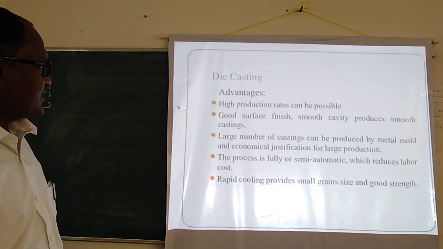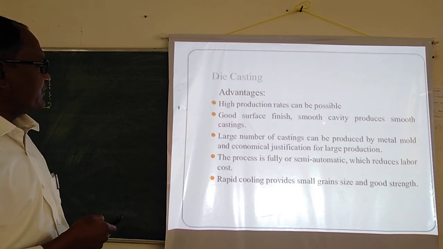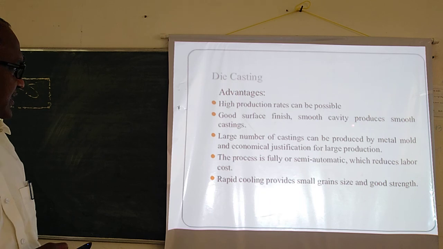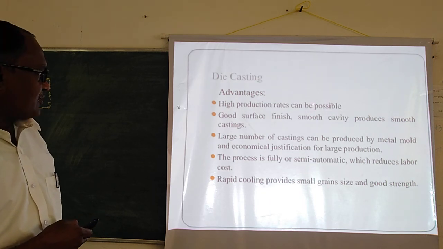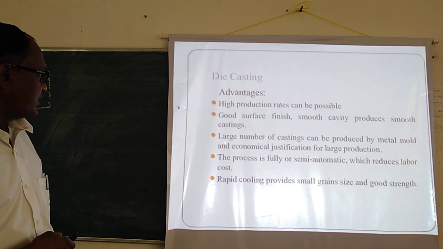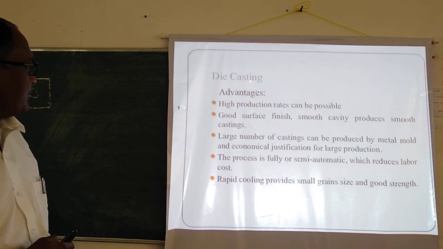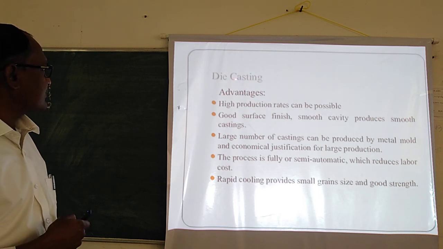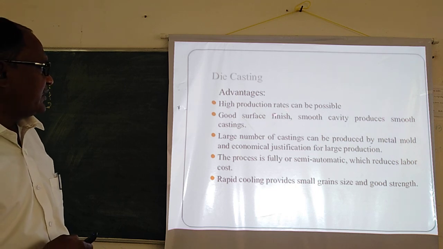So what are the advantages of die casting? High rate of production is there, good surface finish, and high dimensional accuracy are obtained. High production rate is there in case of die casting. These are the various advantages. A large number of castings can be produced by using die casting because the mold is made of metal. That's why you are able to manufacture